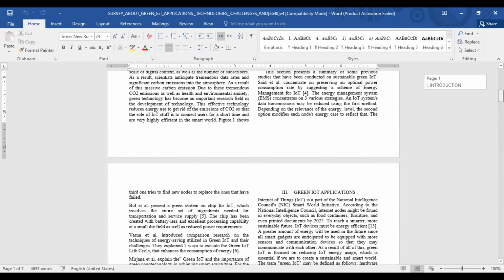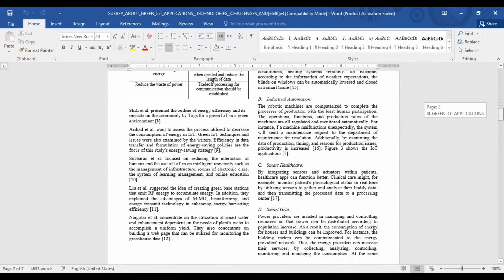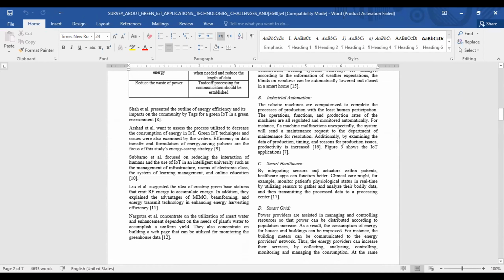There are many applications, for example, smart home, industrial automation, and smart healthcare. IoT interferes in this field by integrating sensors and actuators within the patient. Healthcare applications can function better. Clinical care can, for example, monitor patient physiological status in real time by utilizing sensors to collect and analyze bodily data and then transmitting the processed data to a processing center. For example, in smart grid,